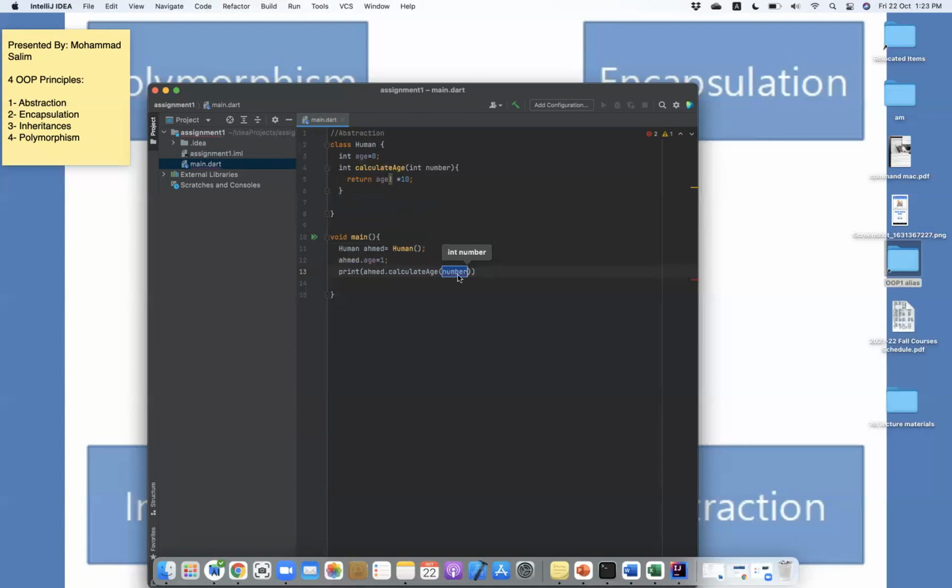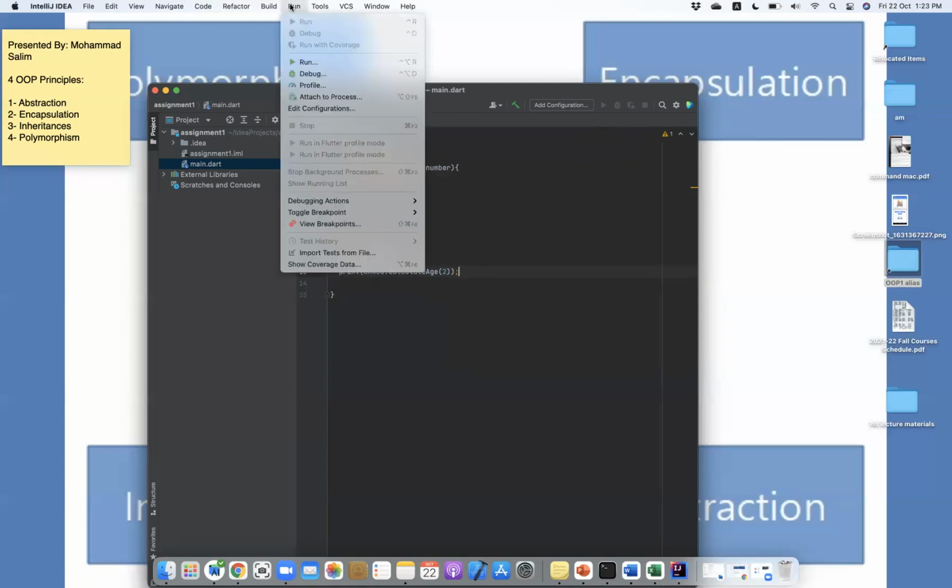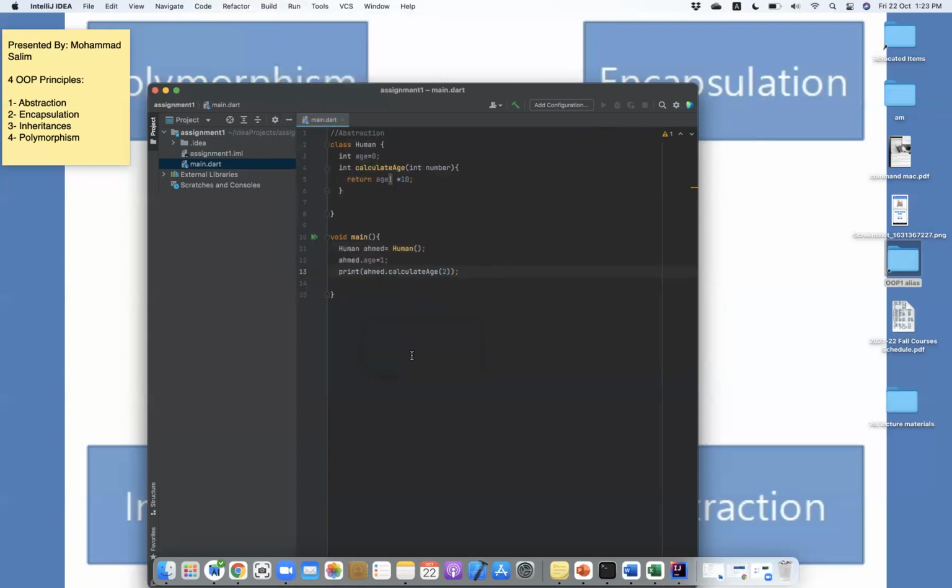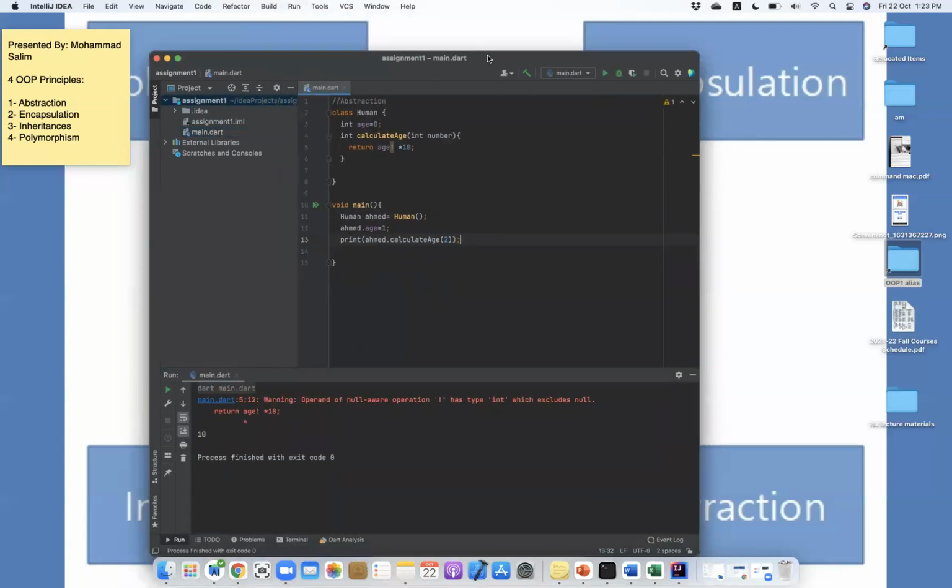Now it's 1. Maybe here I'll calculate. Okay, let's say for Ahmed, we'll give it 2. So it will take the current age or any number and return that age multiplied by 10. So 2 by 10 will be 20. So run main.dart. As you can see now, you got